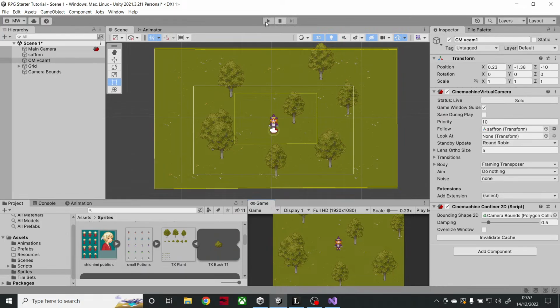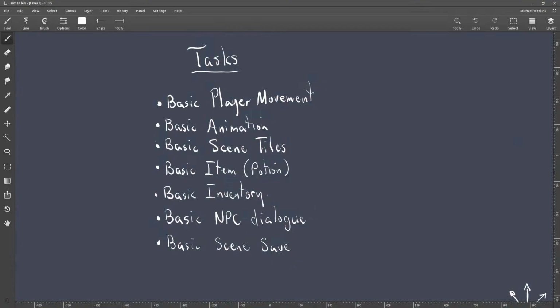That is going to be it for our section on animation. And the next one, on scene tiles. And the next one will be laying some objects around in the scene, some items that we can pick up. And that shouldn't be too long of a video. I'll see how long it is to see if I'll include the basic